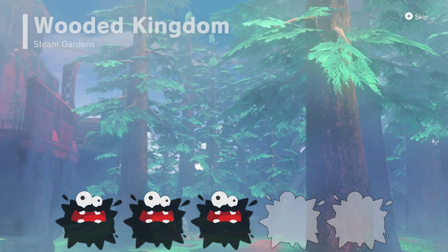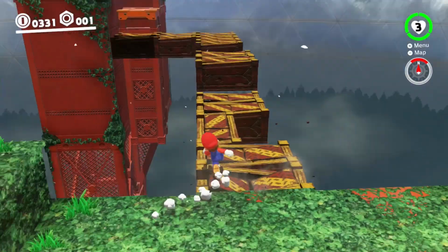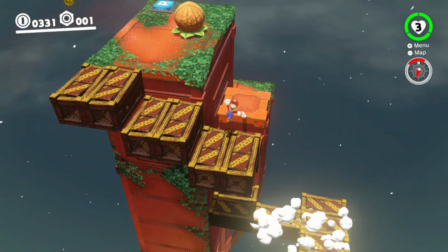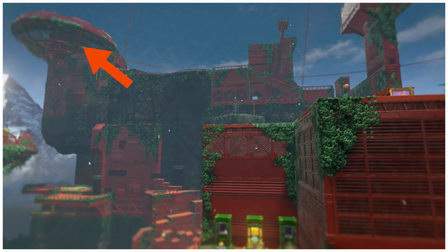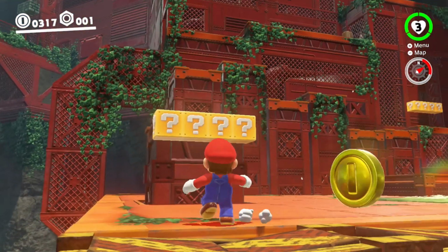So the Wooded Kingdom is kind of fascinating. So first, the whole thing is huge. It's one of the largest kingdoms. But second, and much more interestingly, its whole structure is kind of messy. The stage builds up vertically into 2 different directions, once towards this tower and once towards the main boss fight of the stage. Many of the different areas in the stage connect in ways that are really hard to map